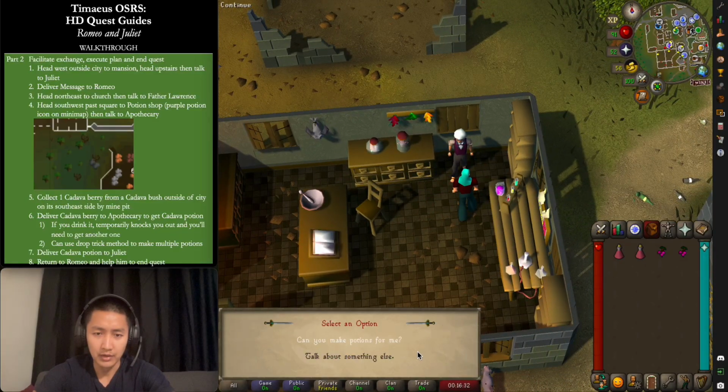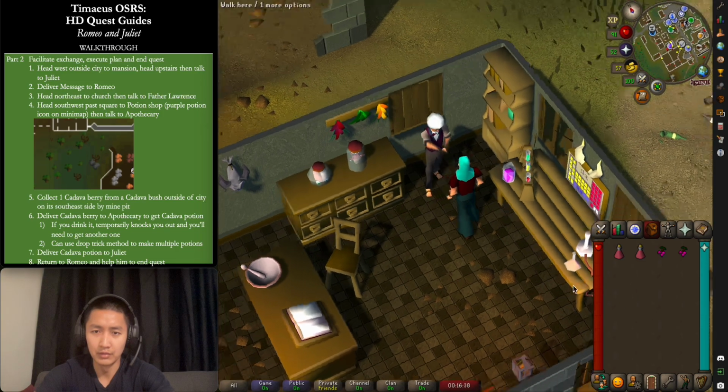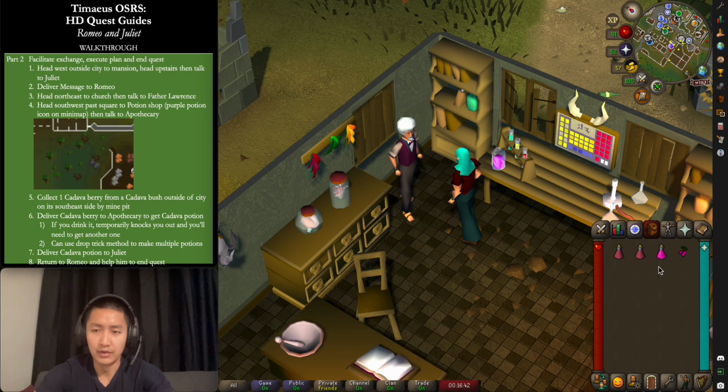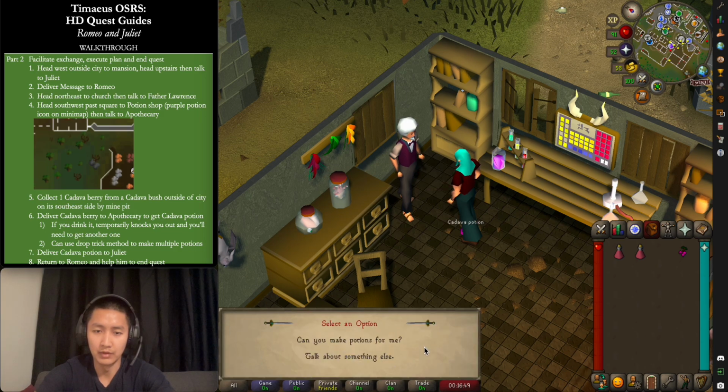Alright, so we're back to him. Basically talk about Romeo and Juliet. You have the berries, well done. And he gives you, it makes a vial for you. If you use the drop trick method, basically drop this item, you can basically make another one. So another one for